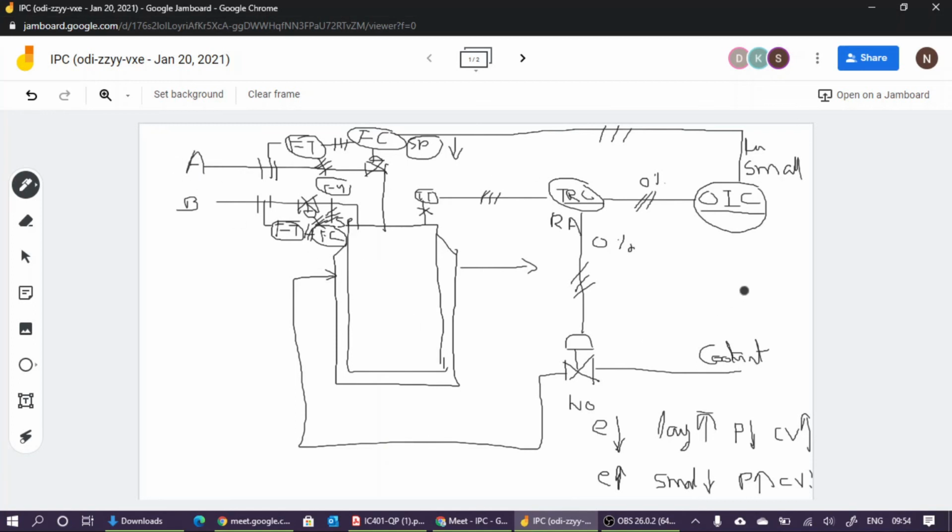So please note, if you are asked to explain about the optimization of a chemical reactor, you have to explain this one. This optimization part you have to explain. There is no need to draw a return line here. There is no need to draw a recirculation pump here. There is no need to draw the cascade controller. That is not required because that is not asked. You are asked to explain the optimization.